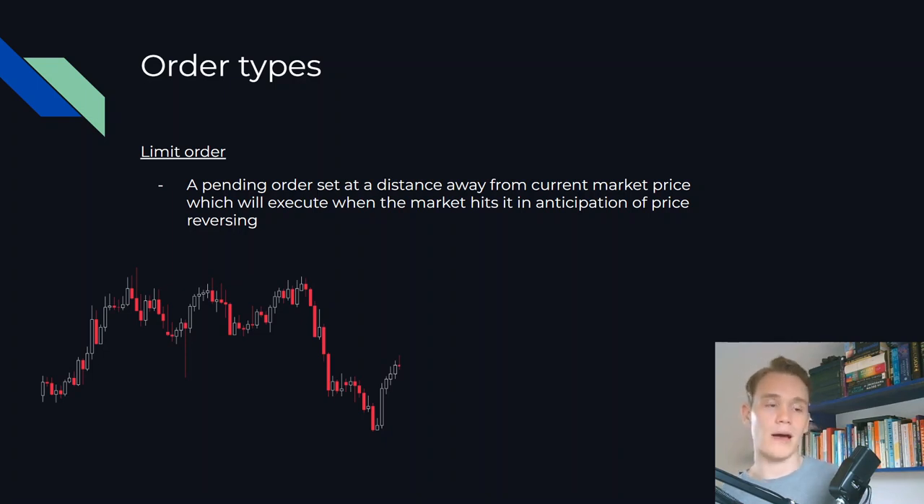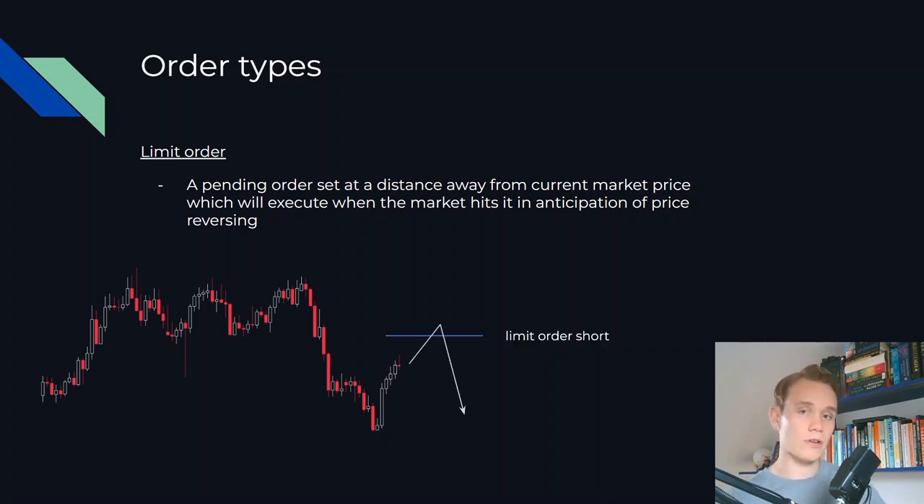It's starting to pull back up into our area of interest. We don't want to market execute here because it's a little bit too discounted. We want it to come up a little bit further before we can justify the entry. So what do we do? We set a limit order short above the market, waiting for the price to come up and hit our entry before reversing and falling. Okay? So it's setting an order above the market, anticipating it to come up and then reverse in our favor